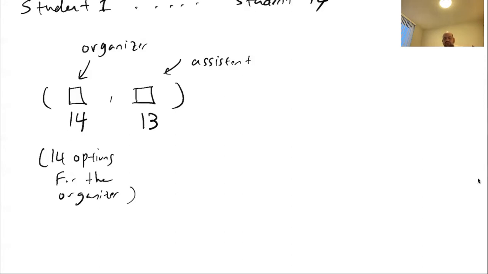Whether the organizer is student 1, student 2, or student 3, regardless of which student has been chosen as an organizer, that student cannot be chosen again to be the assistant. So I will be left with 13, which is 14 minus 1 options